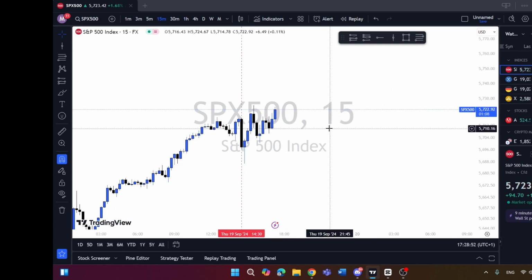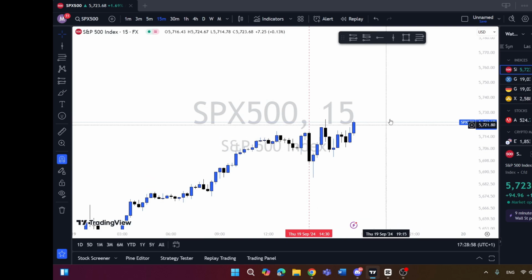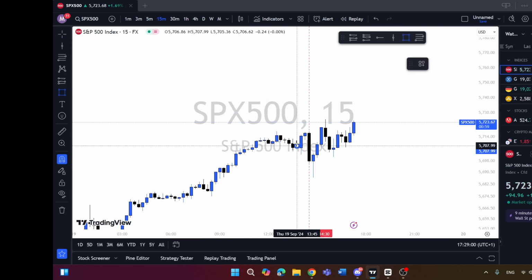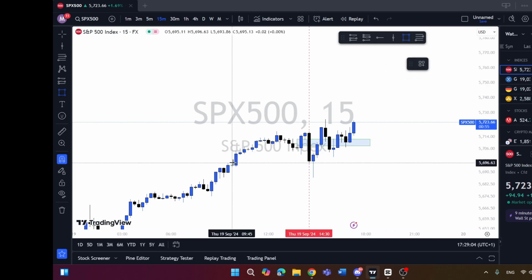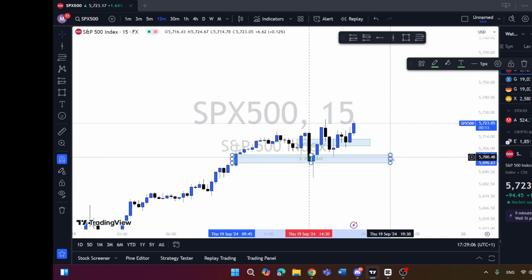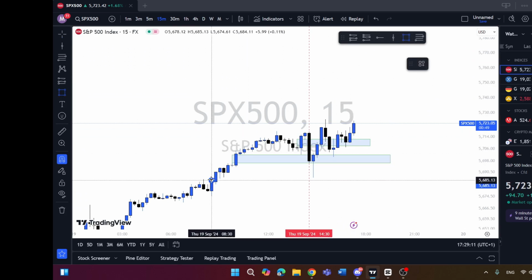Now I go back to the 15-minute time frame and I look for points of interest. So what I see is a fair value gap, and I mark it out here. I also see a fair value gap here, a fair value gap here as well,